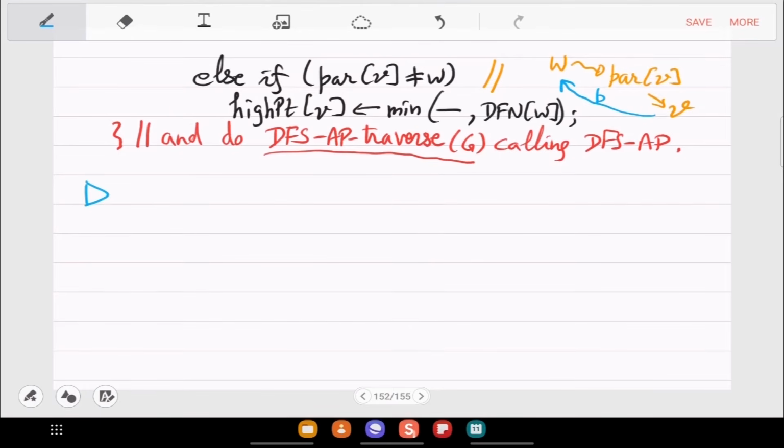So time is upper bounded by order M. This is a connected undirected graph, so M is anyway at least n minus 1. So this is really just order M.